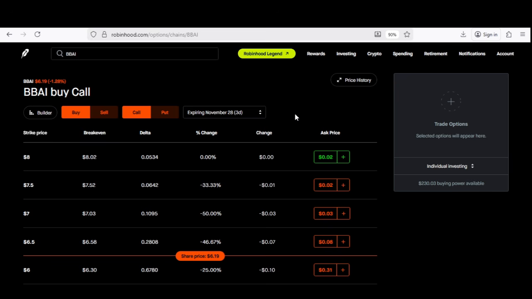Now, before I give you a step-by-step walkthrough of this option strategy, I want to let you guys know the reason why I have this stock in my portfolio, BBAI, is because I want to capitalize on this stock's momentum in the short term. I'm looking to hold this stock in my personal portfolio for at least 2 years. For those of you that are channel members, you already know why I'm holding this stock for that amount of time.